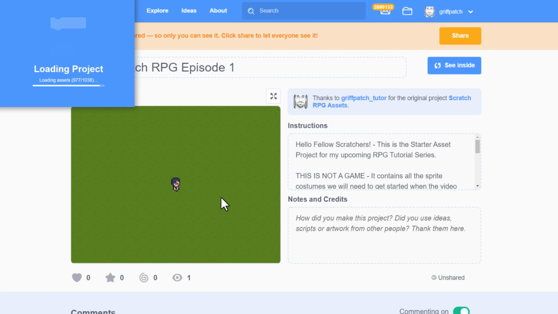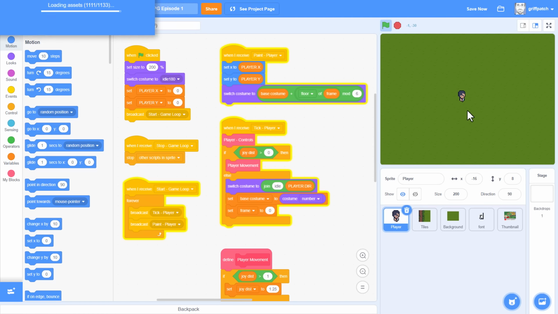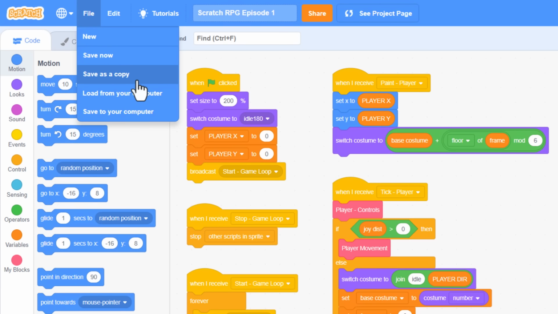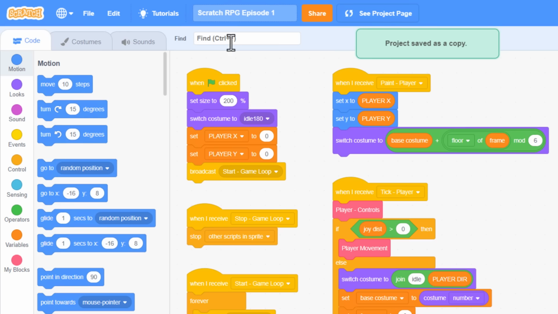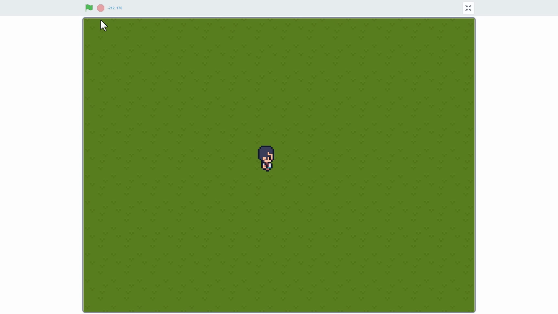And then we simply click to see inside, and there we are. Yep, the screen is still loading. Right, with our projects loaded, click to save as a new copy. For this is episode 2. Guys, let's get scratching. So, last episode, we got as far as getting our player to walk around and animate,